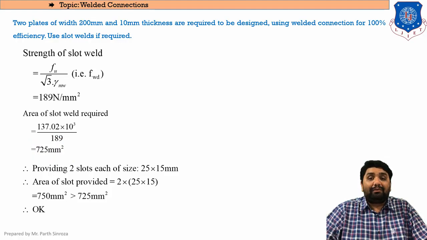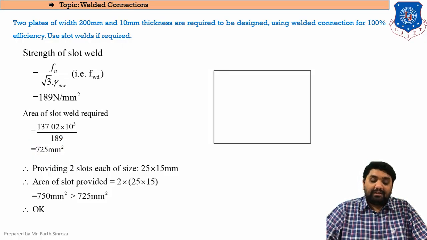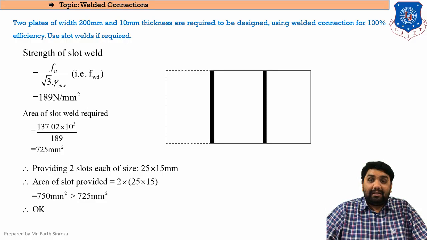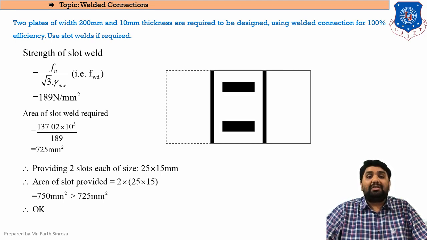Yeah. So now moving on to the final portion, that is the figure. Here you can see this is the first plate, this is the overlapping plate, and when to apply slots? Only when the fillet is not sufficient enough. So we need to compulsorily provide fillets at both ends. So this will be our fillet weld, and after providing fillet weld, still the total strength is not acquired. So for this additional strength we are providing these 2 slots. Clear? So these are slots that you need to provide, and the dimensions of slots, as you can see here, are 25 cross 15 mm.